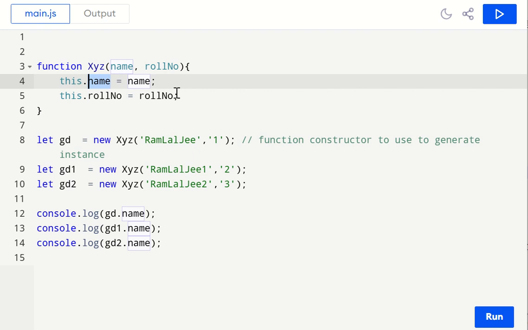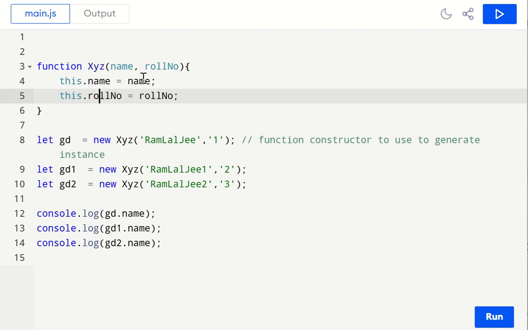So you can see here what it is doing: for the first instance, a separate instance of xyz, an ID is generated. Inside xyz it declares name and roll number, and whatever value you are passing, that value will be stored. Same for the second one, you are using the new keyword, so a new id should be generated,